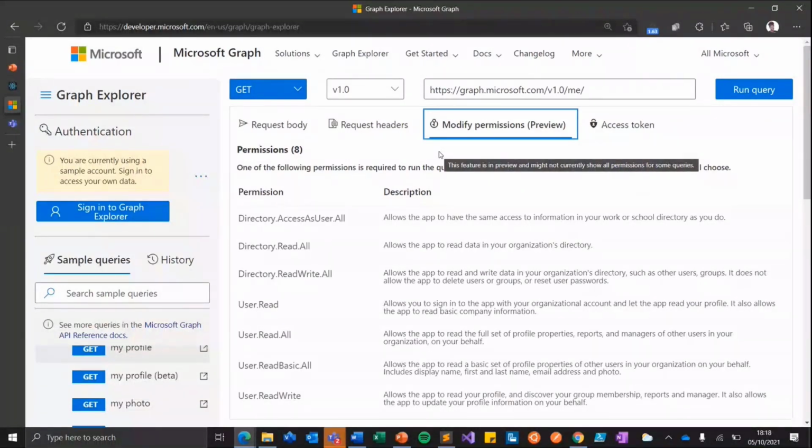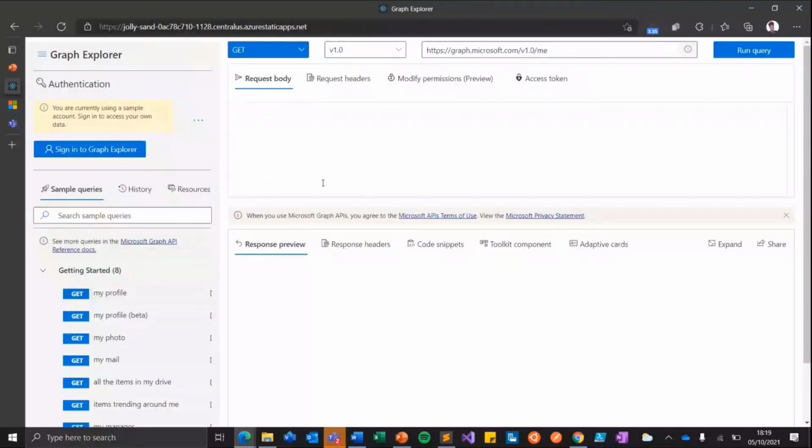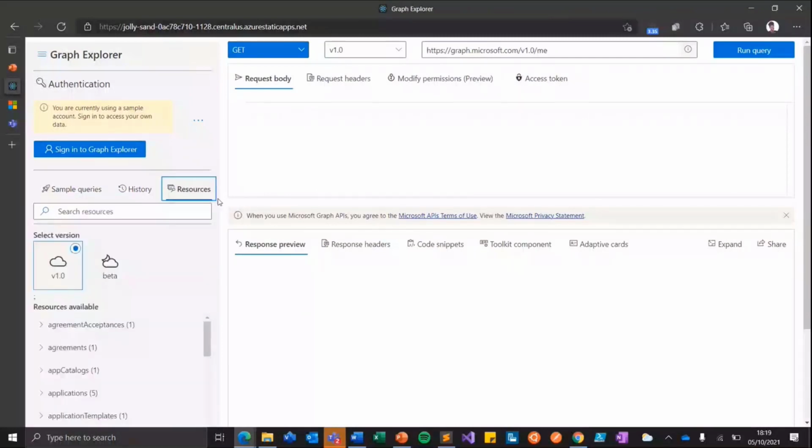So Resource Explorer, as Kristen has mentioned, is one of the latest features that we're trying to add to Graph Explorer. What Resource Explorer entails, as the name suggests, is a functionality that will give Graph Explorer users different access to the resources of the Graph API itself. What I'm showcasing right now is what we have on preview, and we are planning to have it as one of the tabs where the